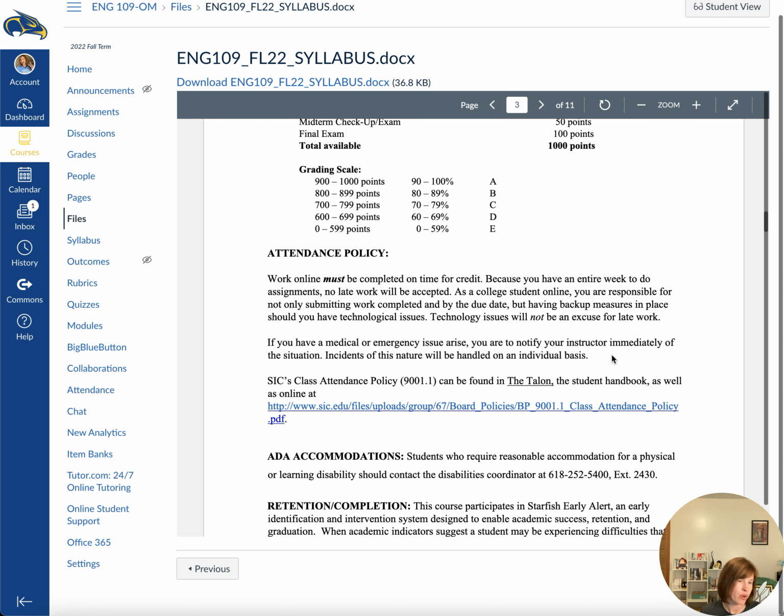But then I handle those incidents on an individual basis. So if something happens, like a family member needs to go to the hospital, or some other emergency comes up, send me an email whenever you have the chance, and then we'll handle that on a case-by-case basis. But if you just forget, or if you say, oh, I forgot to charge my computer, or oh, I don't have access to internet on the weekends, but I waited till the weekend to do my assignments, that's not going to cut it in this class.